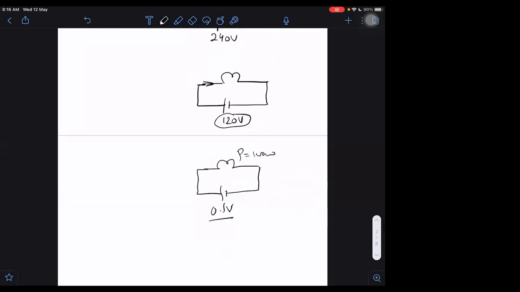Then I will keep on reducing the voltage. I will make it 0.1 volt. Then also you are saying it will remain 100 watt. Then I will make it 0 volt. Then also you are saying 100 watt. And if you reach this conclusion, then you will hold that bulb in your hand and glow it with 100 watt. Will it be glowing at that time? It will not be glowing. So definitely it is wrong to assume that whatever voltage you apply, it will have the same power. Not like that.